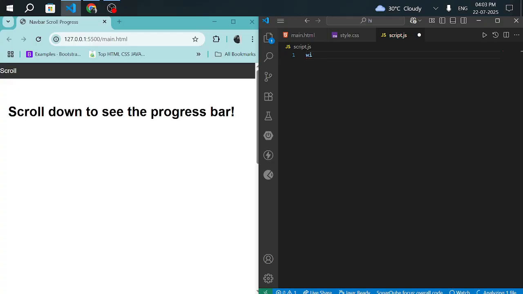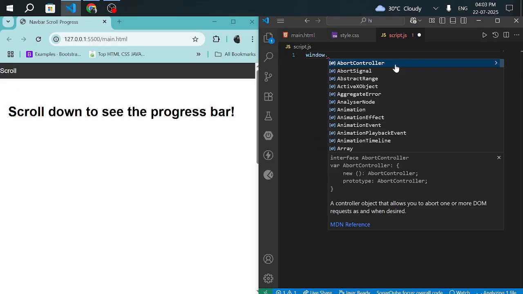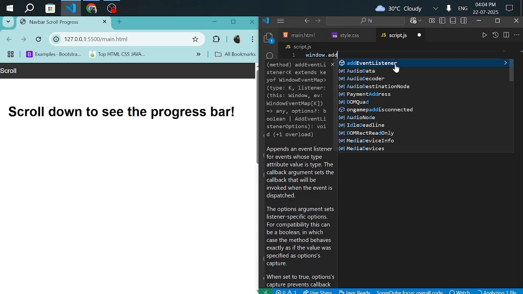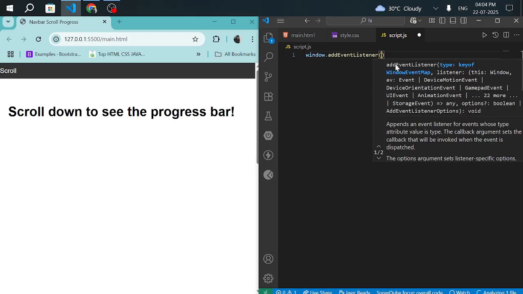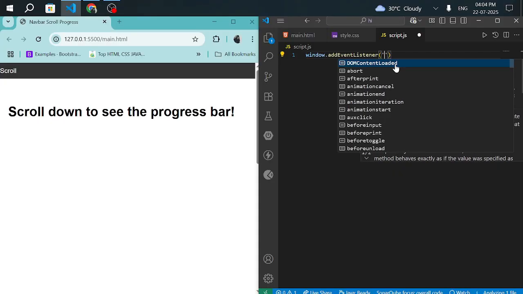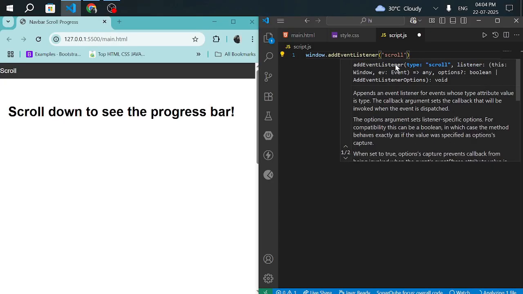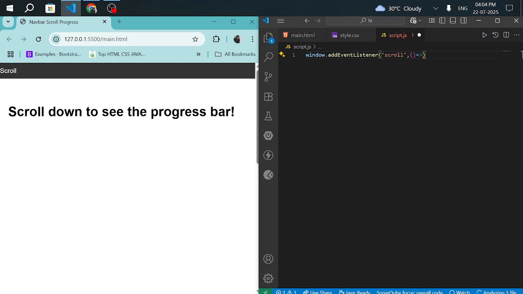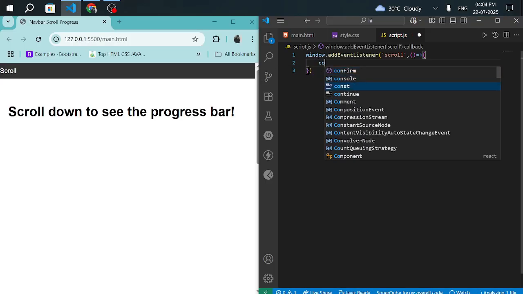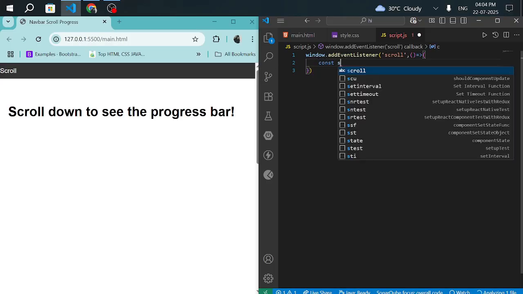window dot addEventListener, that is scroll. Here I am creating the function scroll, and the function will be called again and again iteratively, and here I will declare